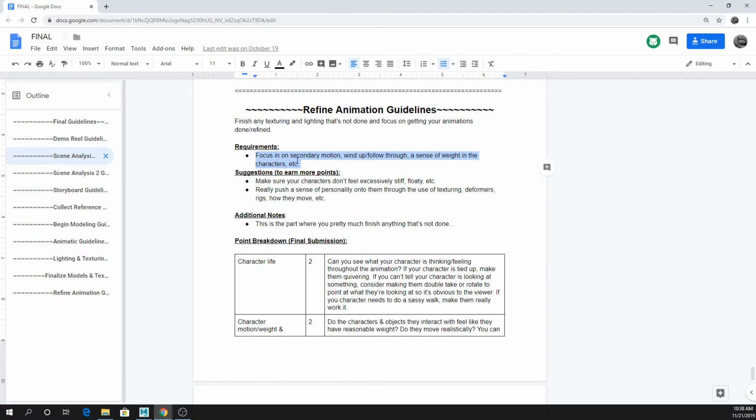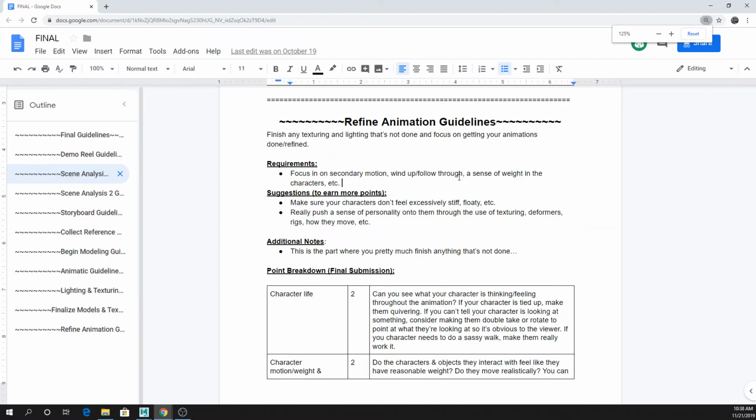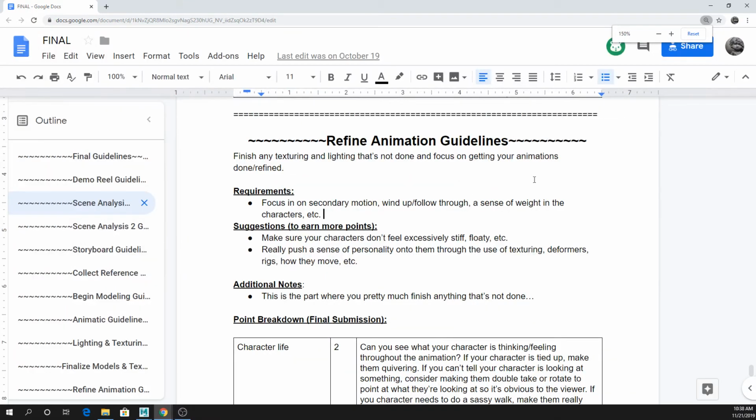But really start focusing on the secondary motion of your characters. For the sack, if he's jumping and stopping, his little ear flaps might kind of go through, stuff like that, but for whatever your objects are. Wind up and follow through if your characters are jumping or doing anything like that. And make sure that everything has a sense of weight, etc. So basically go through and refine the existing